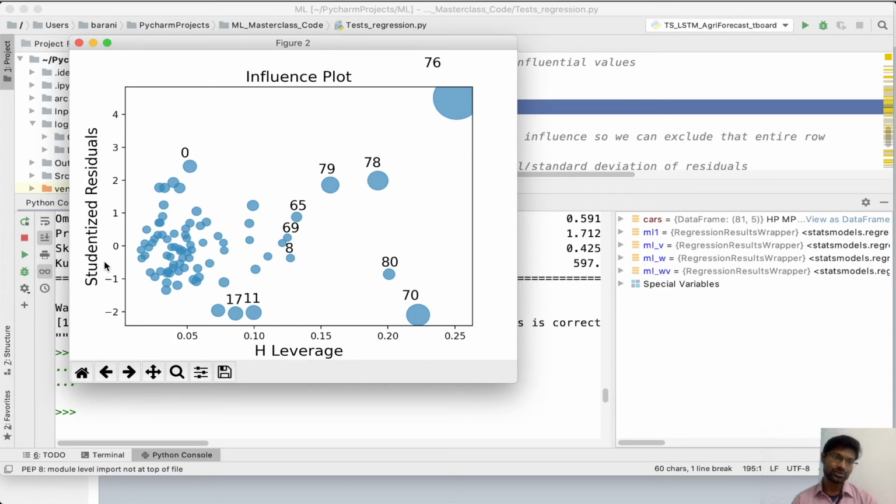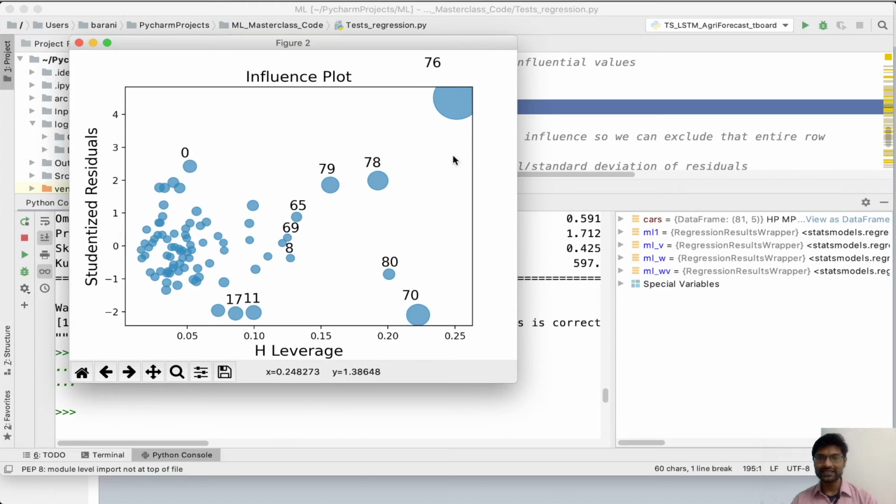The studentized residuals on the y-axis refer to the error output, like actual minus predicted values, y minus y cap, the actual mileage minus the predicted mileage. That is called the residual. We are also considering the horizontal axis, which shows the individual row data that is causing the maximum error value.